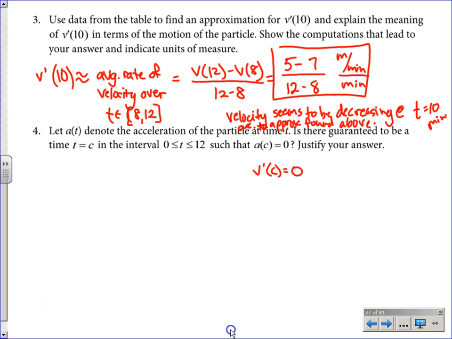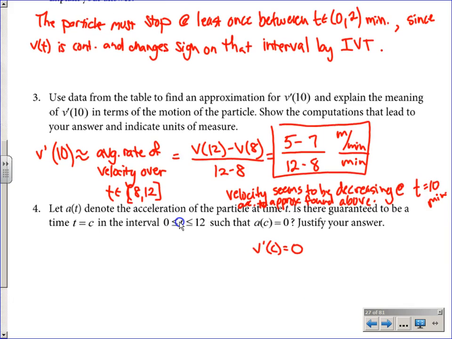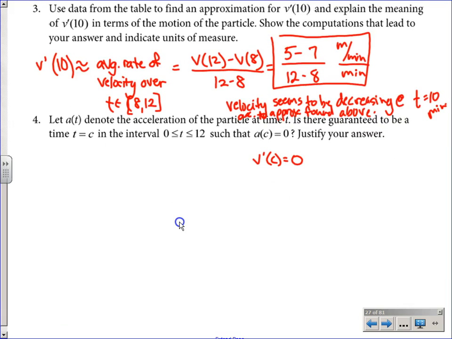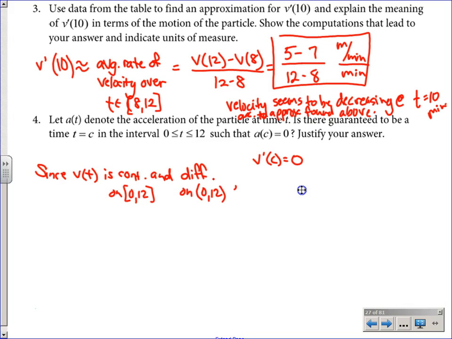It's not IVT. IVT is the actual quantity. IVT is velocities. That was letter B. Who talks about derivatives? MVT. And what specially is happening on MVT to make it equal 0? Well, go ahead and write it and say, okay, well, according to MVT, can we just start doing MVT? Since velocity is continuous and differentiable on 0 to 12, then